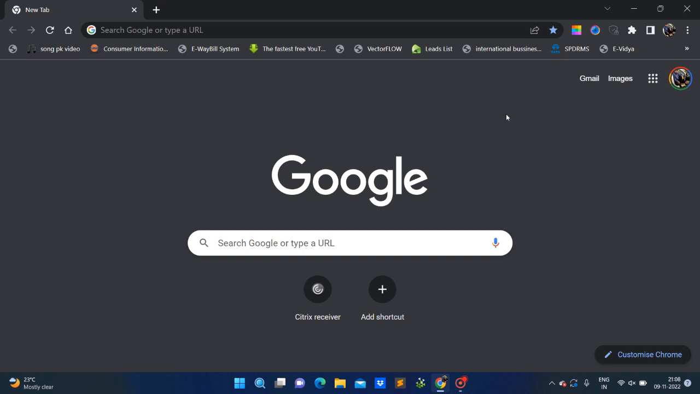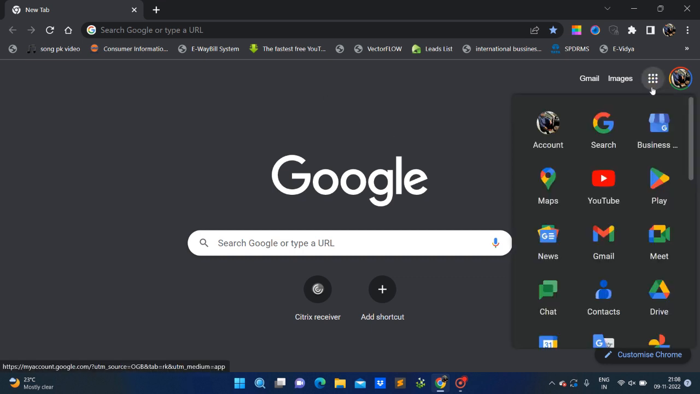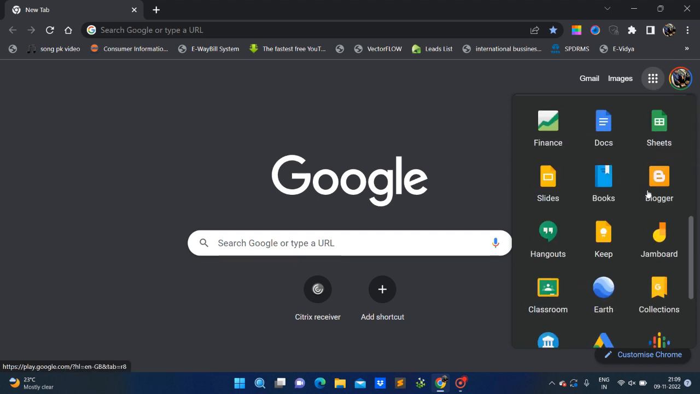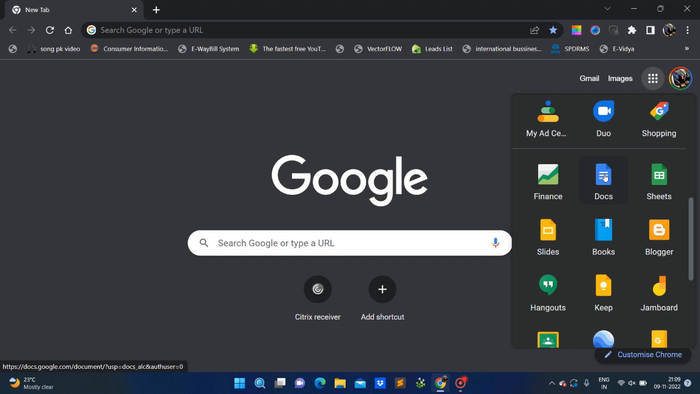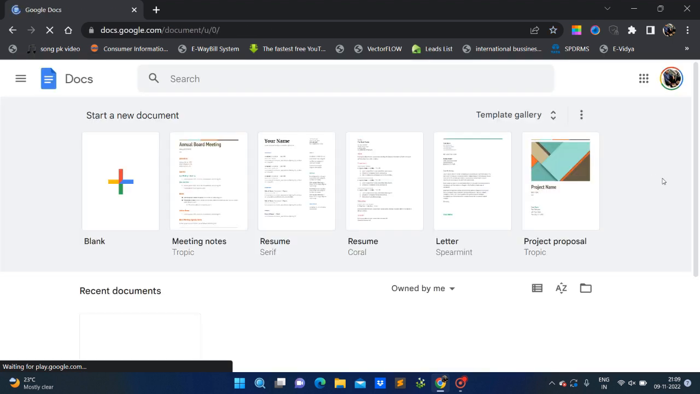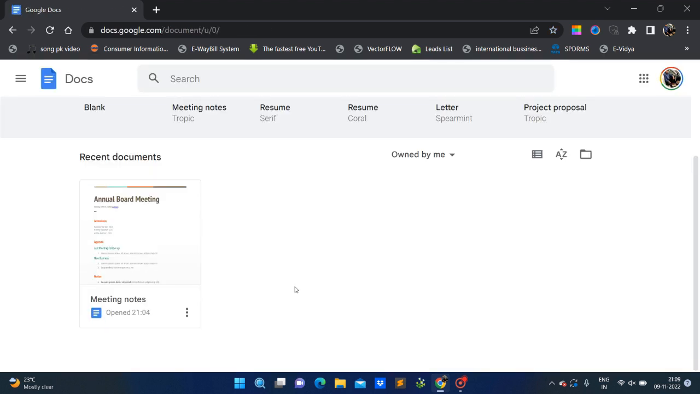So if you have logged in using your Gmail, you can go to Google Apps on the right side. Here down below you can see Google Docs. Using this you can open it, otherwise you can search in the Google search bar also. So I will open it using the Google Apps. Just open it, click on Google Docs, and here you can see